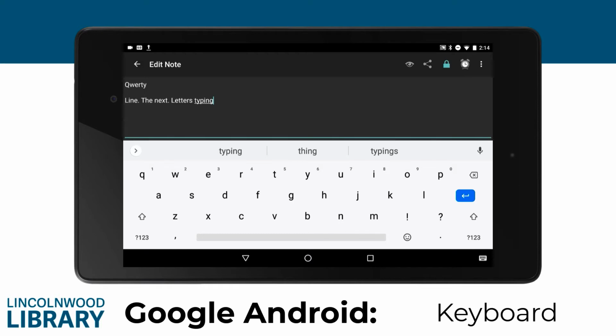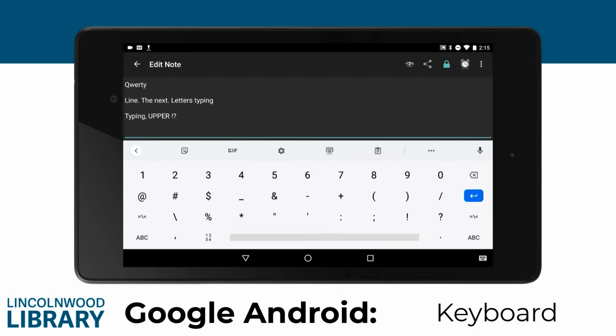You can move down a line with the return button. I'll type a little bit. You can use a comma right next to the space bar here. And you can manually capitalize by pressing the up arrow. You can double press that to do uppercase, continuing more than one letter. Now, beneath that, you have the question mark 1, 2, 3 button, which brings you to numbers. So you can type all your numbers